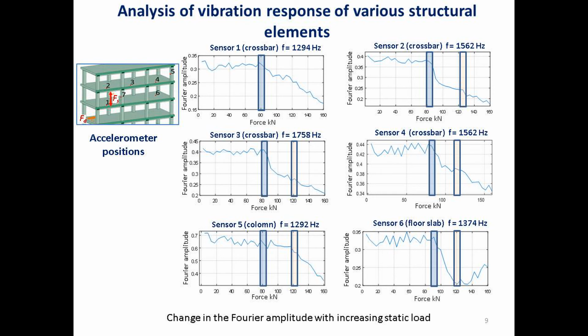Here we see the amplitude evolution at 6 different points of the structure. These points are located on various structural elements. All curves have noticeable bends near the forces of 80 kN and 120, 130 kN. This behavior is recorded both by sensors close to the jack and on remote ones. We associate these peculiarities with the damages occurring at these loads.